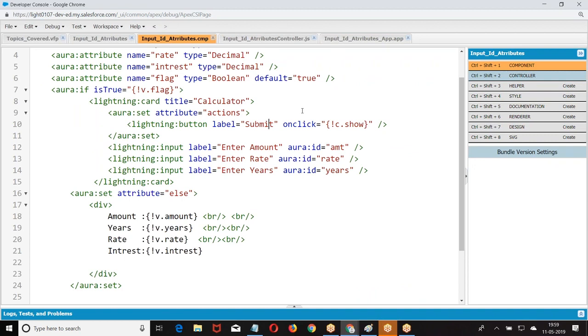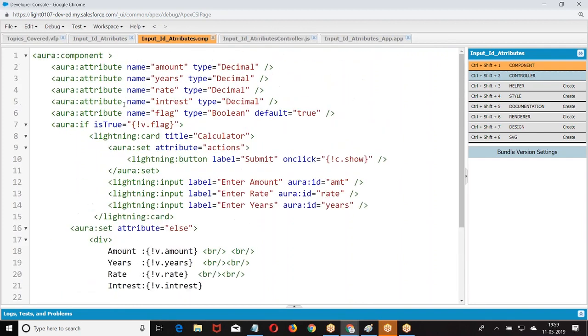Satish asks: what if we want to keep both the components, so that once you click submit, it displays at the bottom, not by hiding it? Right. Now he has a requirement. He is saying he wants to keep the lightning card the same. Then in that case, what are you supposed to do?